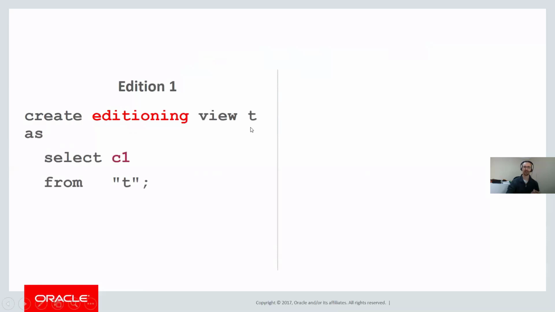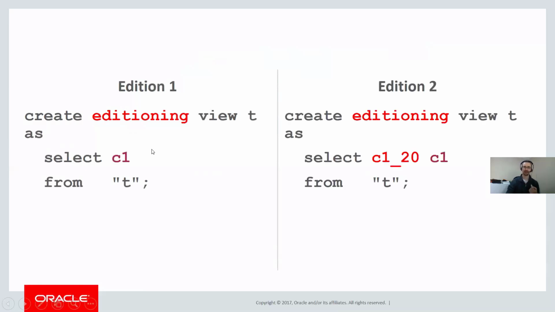So what we have is something called an editioning view, which you would create over the top of the tables. So if we're increasing the length of the column, rather than doing a blocking alter table modify, we can do an alter table add for the new column. And then in our new edition, we point it to the new column. So we're telling it to use that increased column. And then at some point, we'll flip the application to use from edition 1 over to edition 2. So that's made this transparent and seamless to the application.